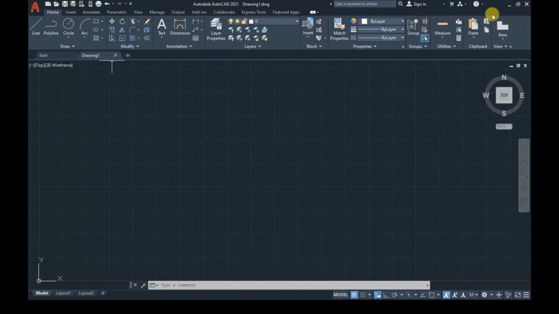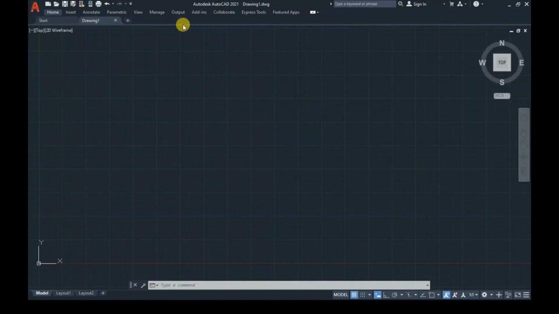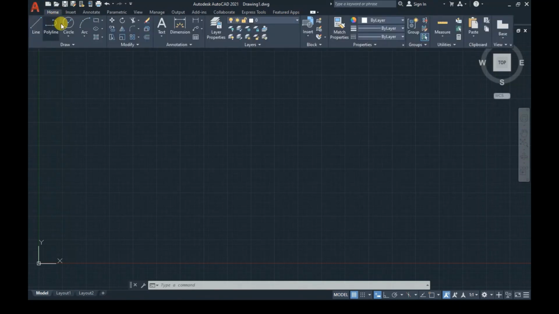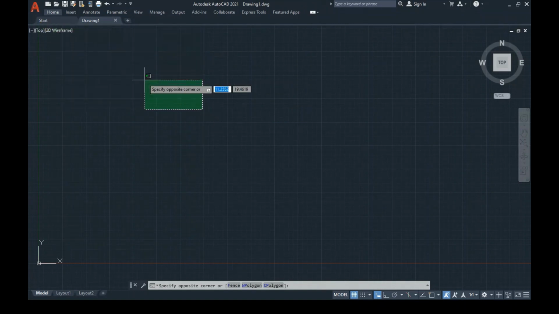This is the ribbon, and we can minimize this ribbon, we can maximize this ribbon. So there are options available. Let me show you this. When you see this box, this is minimize panels. Now when you see a triangle over here, you just click this. There are three options: minimize to tabs, minimize to panel titles, minimize to panel buttons, and cycle through all. So when you minimize to tabs, what will happen? It will only show you the tabs: home tab, insert tab, annotate, like this. So there are only tabs available. You click on home and it will expand for you. Else it will auto hide.